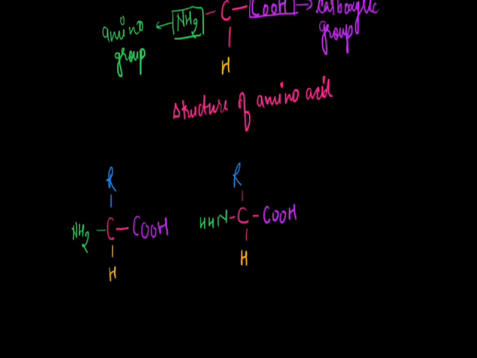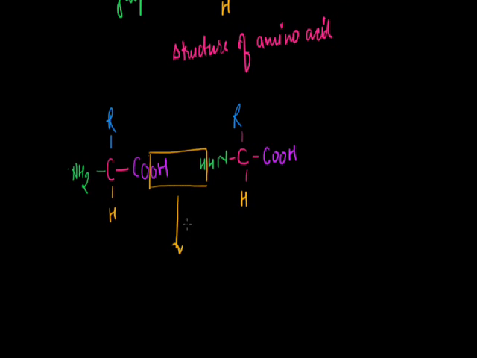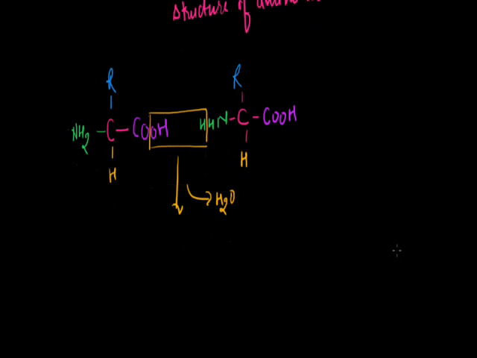Now when two amino acids react, one molecule of water (H2O) is released and a bond is formed, which is called a peptide bond. So we can say the peptide bond is going to form between the carbon of the carboxylic group of one amino acid and the nitrogen of the amino group of the other amino acid. So after the reaction, the structure will be